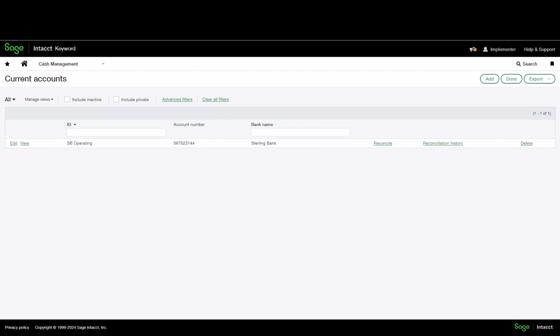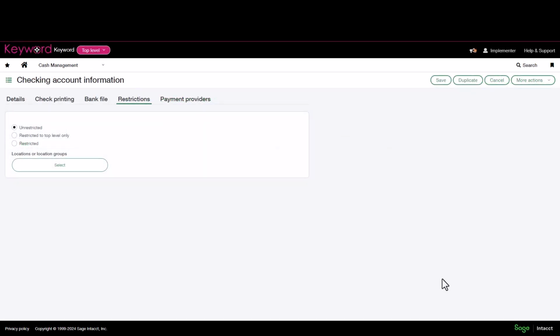And there's just one more thing that we need to consider in a multi-entity shared environment. There is an additional tab, a restrictions tab, that you may see on current accounts. So let's take a look at that now. In a multi-entity shared environment, you will sometimes notice a restrictions tab appear on a bank record. And that will appear if, when you configured multi-entity management, you selected bank accounts to be restricted, and it will